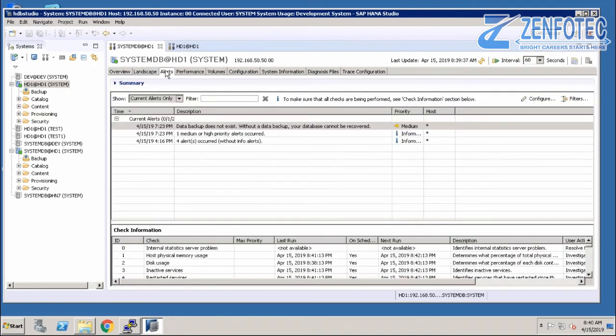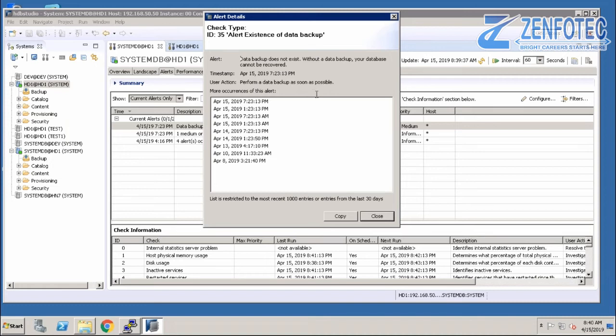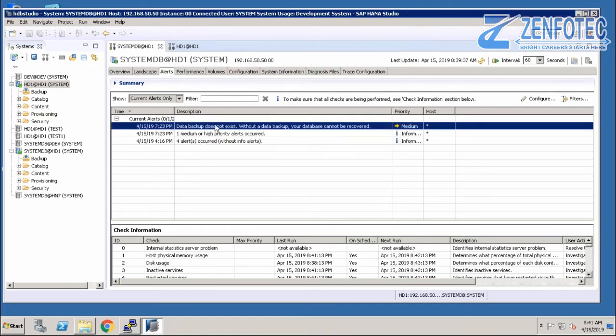Alerts. In the alerts, we can monitor the alerts. As I told you, you can double click on that, and you can see the user action, what action you have to perform. But how are you getting this alert? There is a threshold configured in the system, and based on the threshold, this alert is generated.